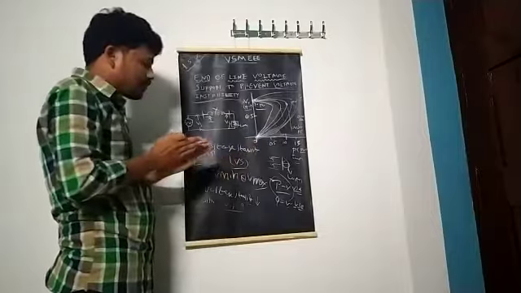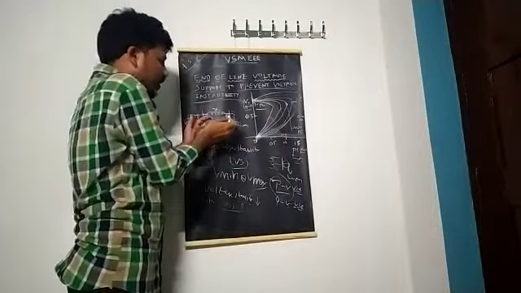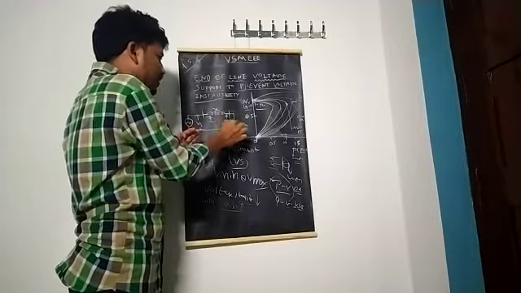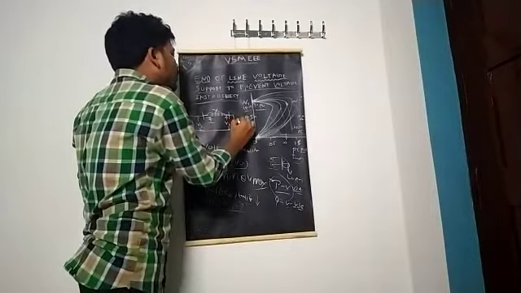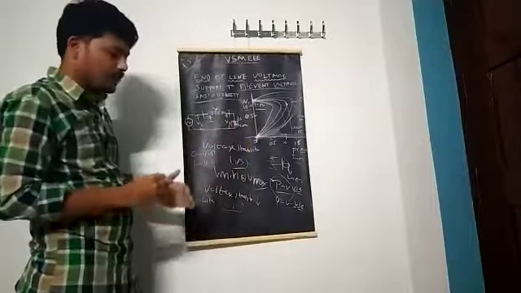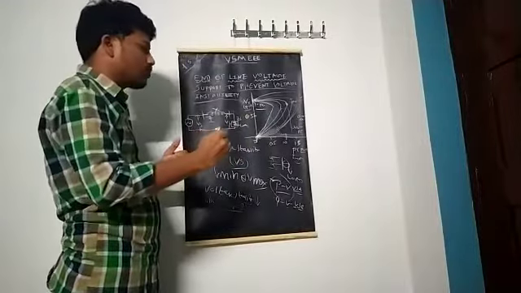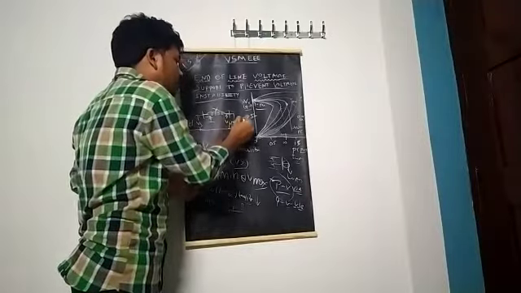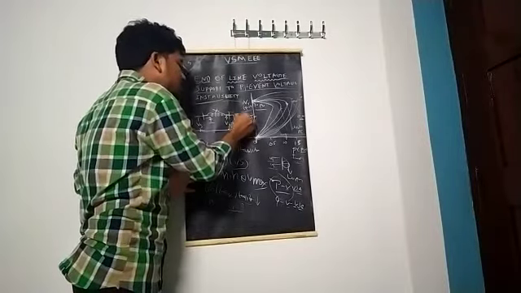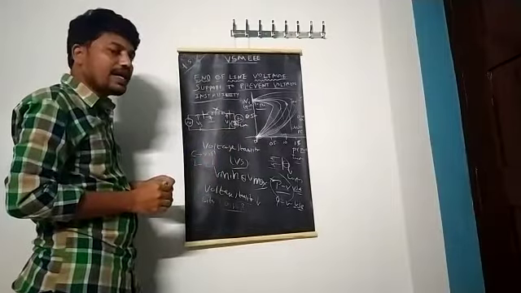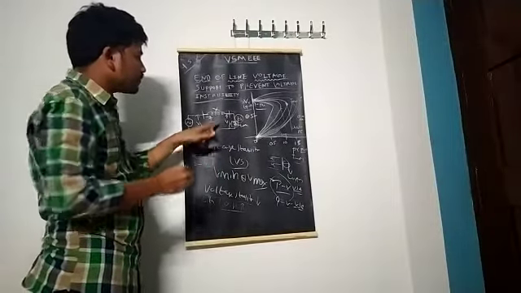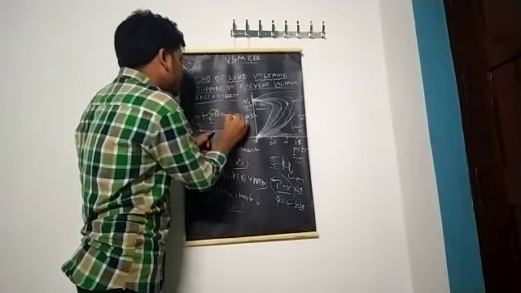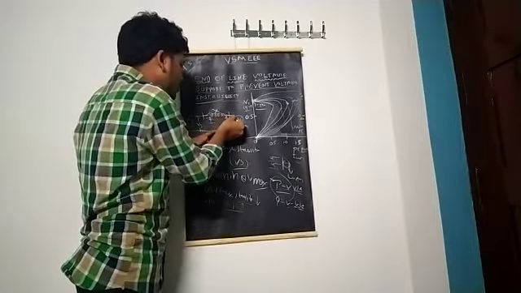If you further increase the load, that means while connecting and increasing the load, to meet this load demand, generally the impedance offered by the load decreases. You are further increasing the load, but to meet this demand, we are reducing the impedance of the load. While reducing the impedance of the load, the current drawn by the load, or otherwise the current drawn from the transmission line,